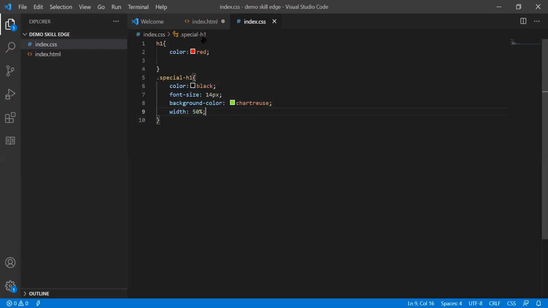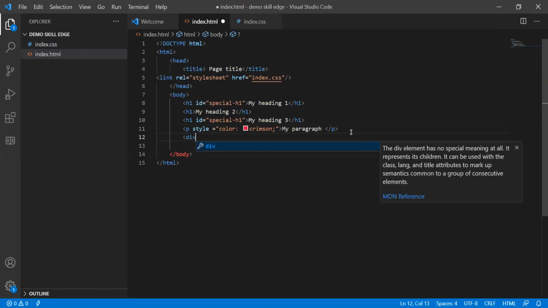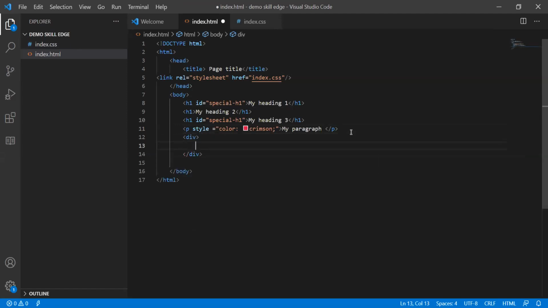For this, we have an H1 and a paragraph tag here, right? So what I'm going to do is create one division tag and move a couple of headings inside this div tag.